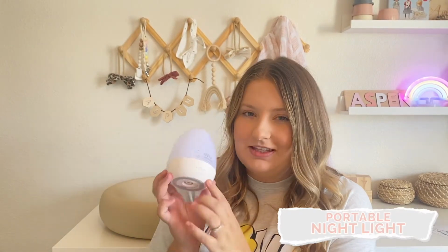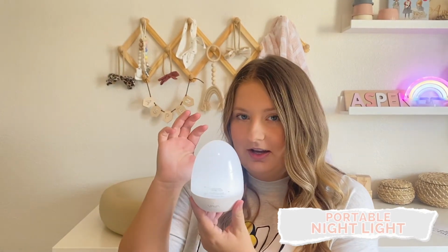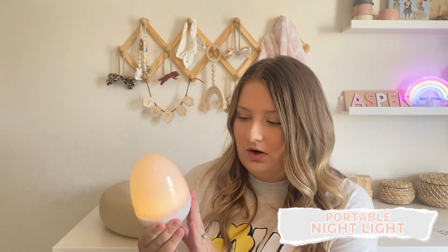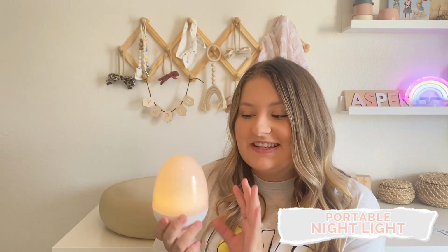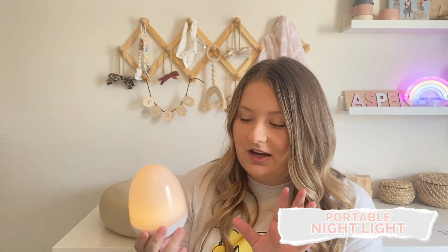Something else that we really love is this portable nightlight. I think it's by Vava. I'm not sure how you say that. You just tap the top and it turns on, and you can change the warmth too. It may seem not necessary. My husband was not buying into it whenever I told him that I wanted this, but we used it from